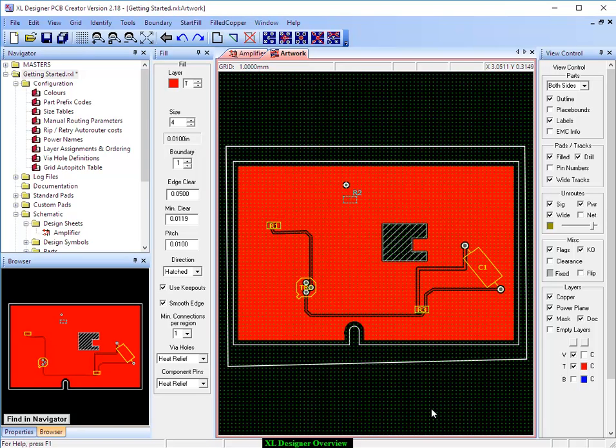So copper fill's been added. Something else you would probably do is generate the silk screen for the design. So we'll have a look at that now. The outlines that you see on the screen here, which we can just switch off along with the labels, the part reference numbers, are just a graphical representation of the silk screen. It doesn't exist as a layer on the board at this stage,